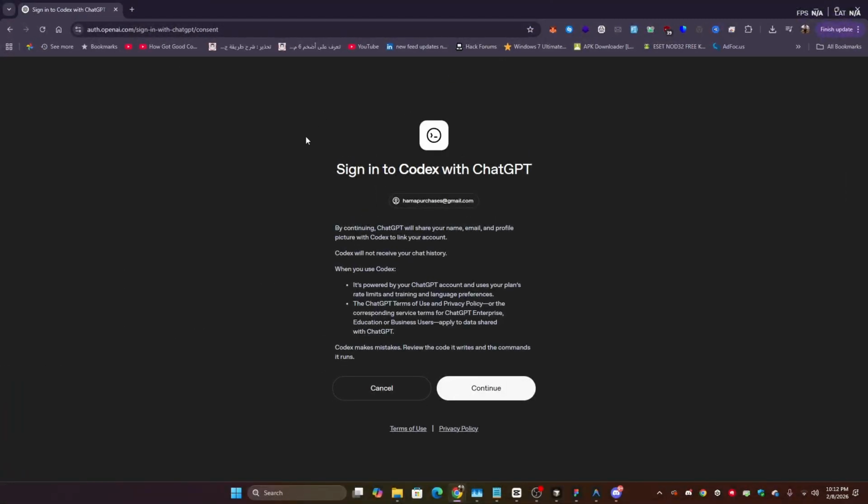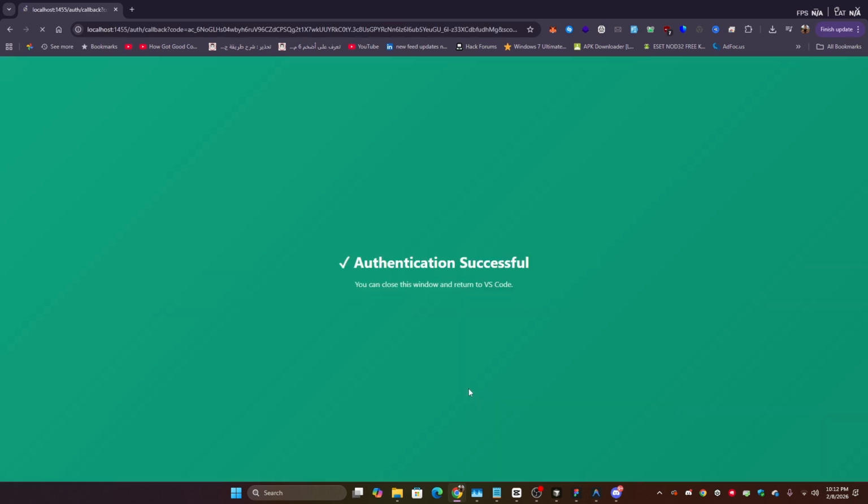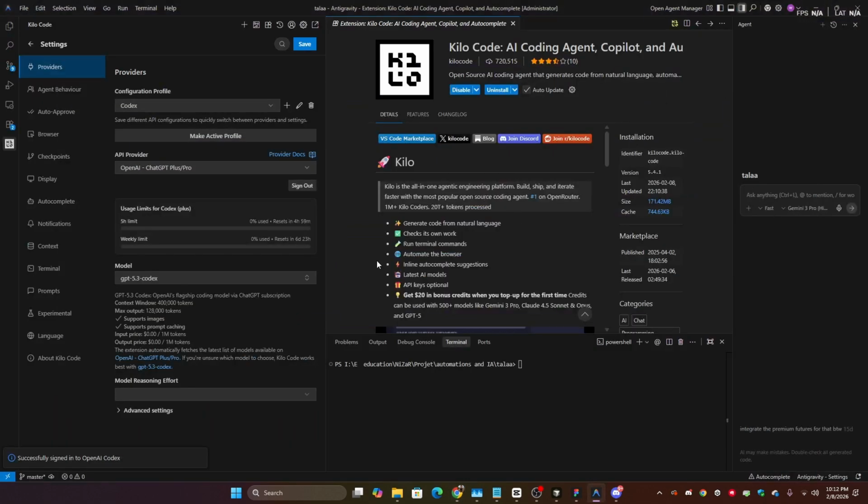There you go, guys. After you get the account, you just press continue in order to keep the process going, and as you can see, the green notification says successfully. After that you just drop this, and here it is connected,